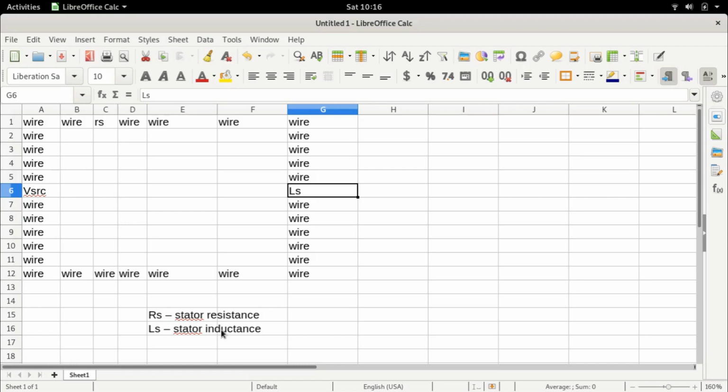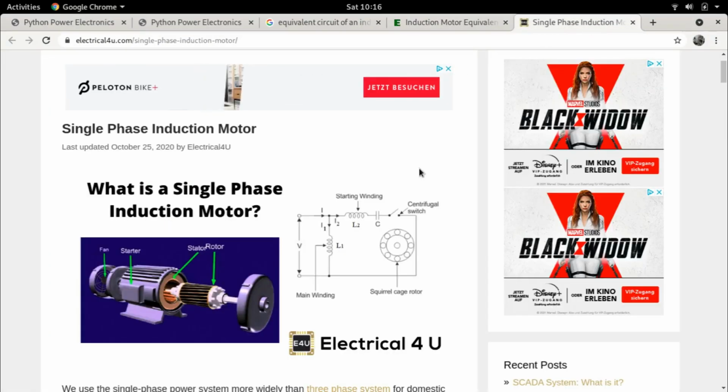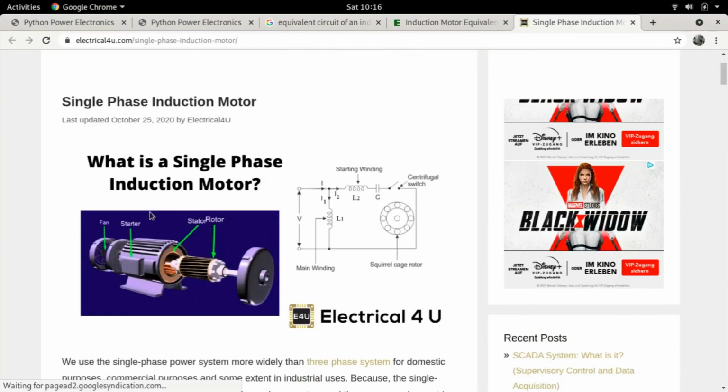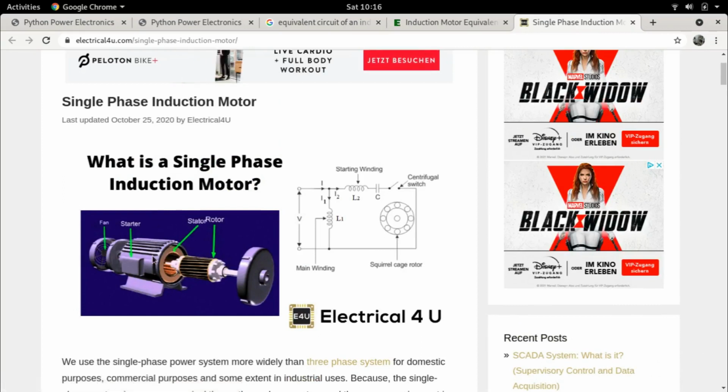What that means is, if we go back here and have a look, if you go through this entire working of a single phase induction motor, when we pass an AC current through the stator, it produces a magnetic field. Now this magnetic field is in the air gap of this machine, which means it is in the gap between the rotor and the stator. And this flux associates with the rotor, induces an EMF in it, causes current to flow, and the current that flows produces a flux. These two fluxes, the flux produced by the stator and the flux produced by the rotor,